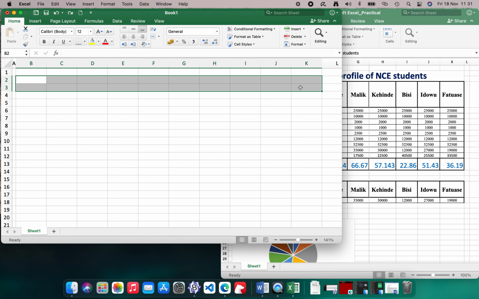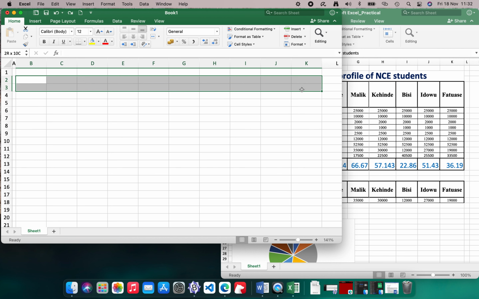We are going to highlight, like I've done. I'll remind you how to highlight. You go to your start cell. This is my start cell, B2. Click down and drag. So I want to go from B2 to K3. So I'm going to B2, drag down to B3, and now drag right